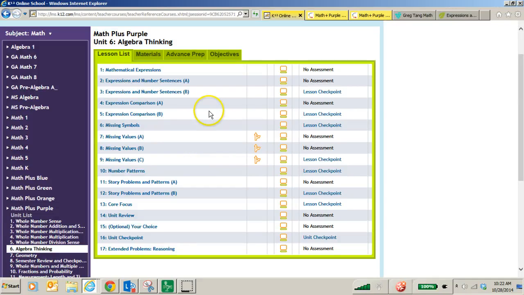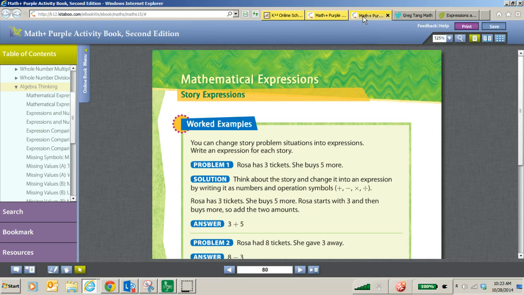Hi, this recording is going to go over Unit 6 in the third grade Math plus Purple. And as you can see, it's a rather long unit and it covers algebraic thinking and expressions as well as number patterns. What this unit is going to do is really help students apply some of the things they learned in the multiplication and division units as well as some of the addition and subtraction units and apply it into different situations. So let's head over to the student activity book,